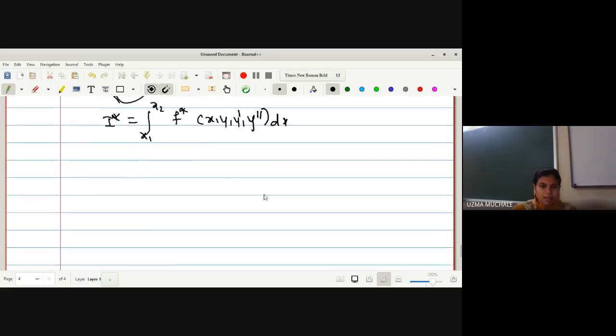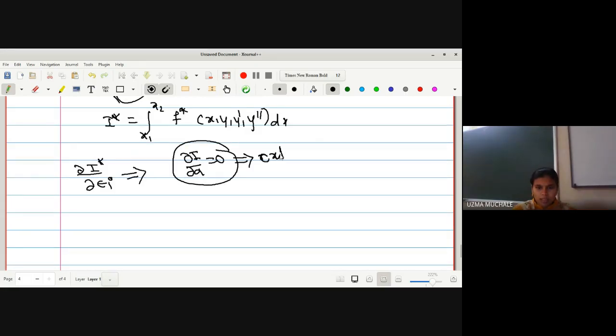Next, what is the next step? I star we have to differentiate with respect to epsilon i, just like we have done for dou I by dou alpha equal to 0. Why do this step? To find the extrema, that is either minima or maxima. For finding minima or maxima, first we equate the first derivative to 0. I hope everyone has done the discussion of why to find maxima and minima with this condition only. First derivative equal to 0; second derivative greater than 0 gives minima, less than 0 gives maxima.